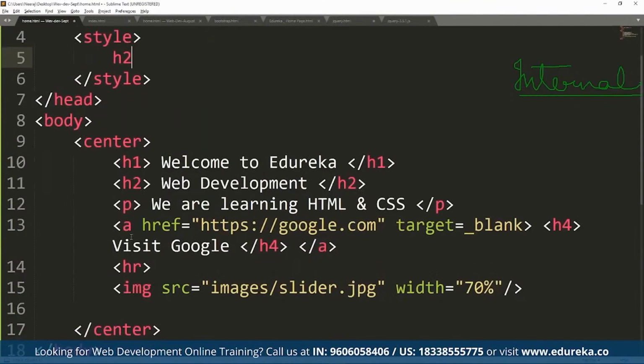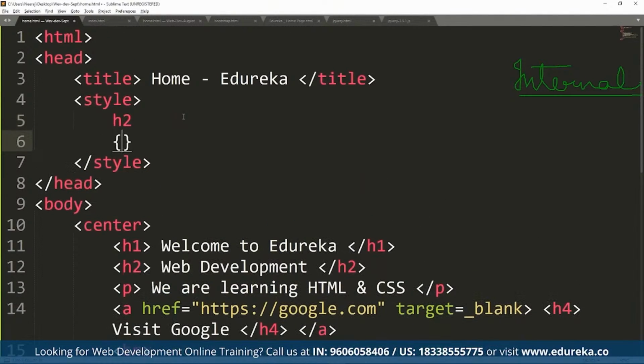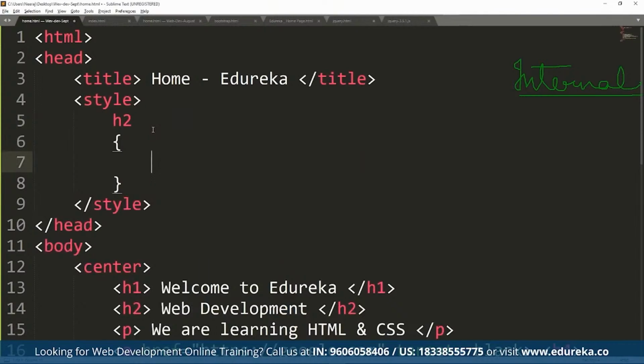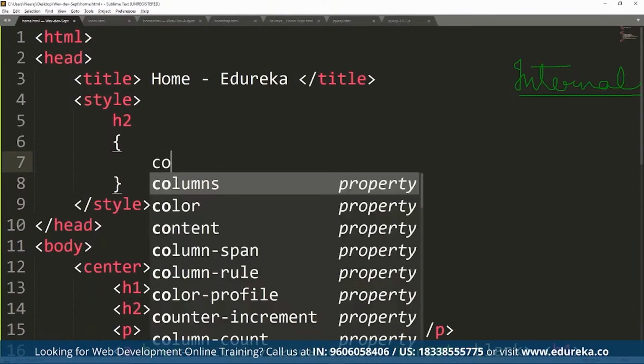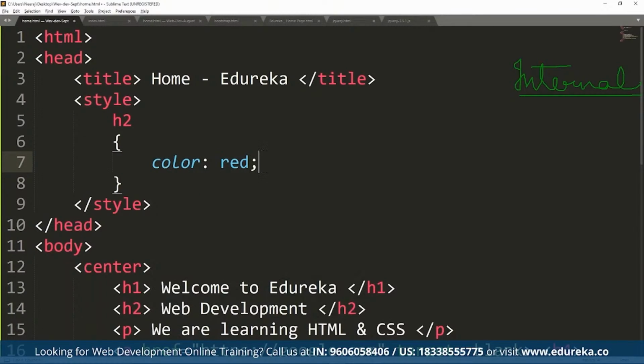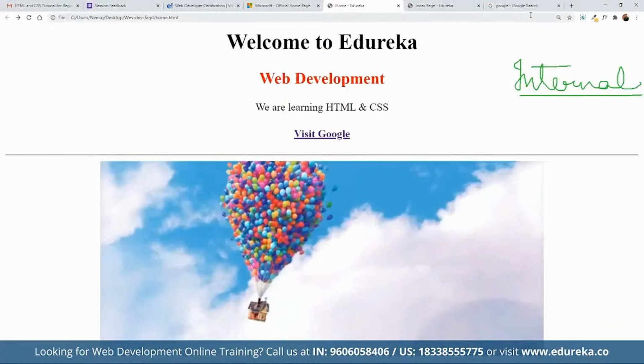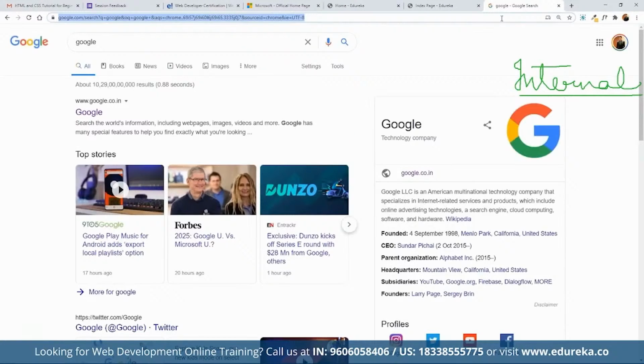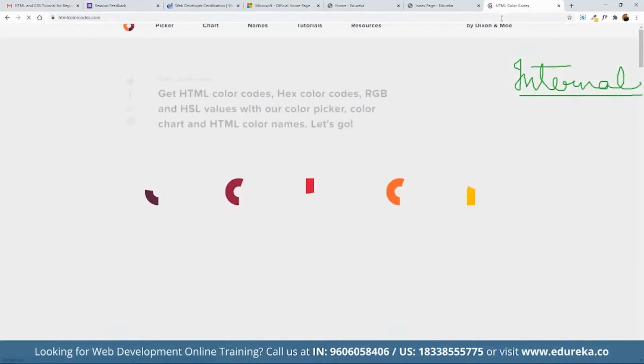Wherever we have used H2, the H2 element should have a specific style. So here we can write H2, and under curly braces, we define the style. For example, we want the color to be red, so we can define red color. And color can be in different values. If we know some generic colors, we have red, blue, aqua, deep pink, light red, aquamarine. These are all colors having names, but we know that there are millions of shades available out there, right? So if we want to add those millions of shades, we can make use of this kind of